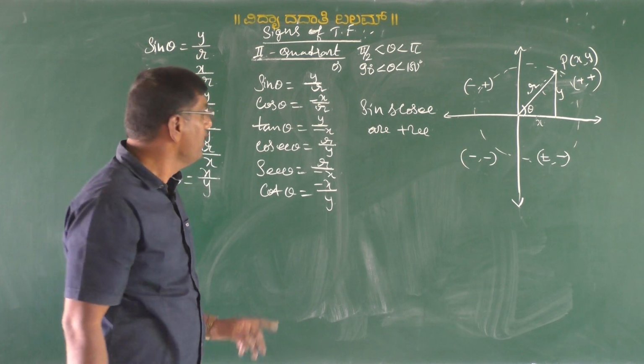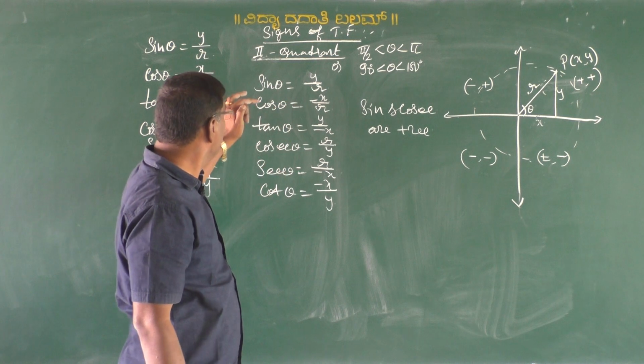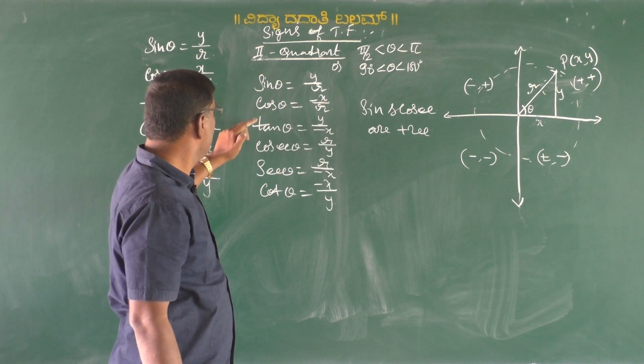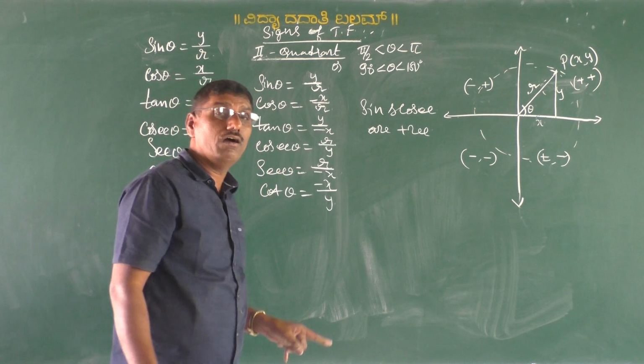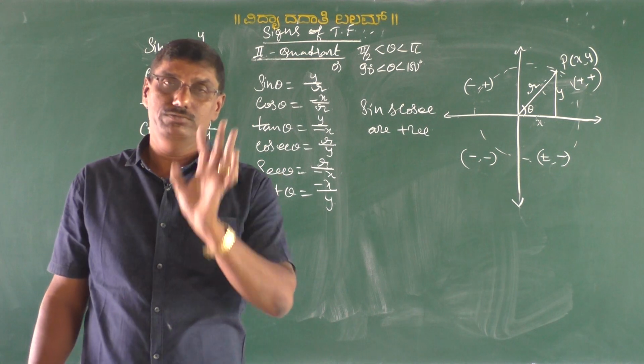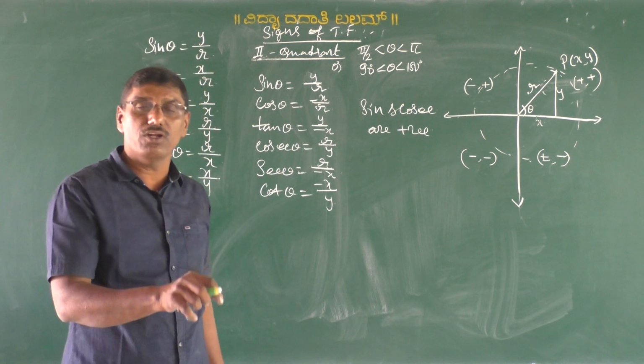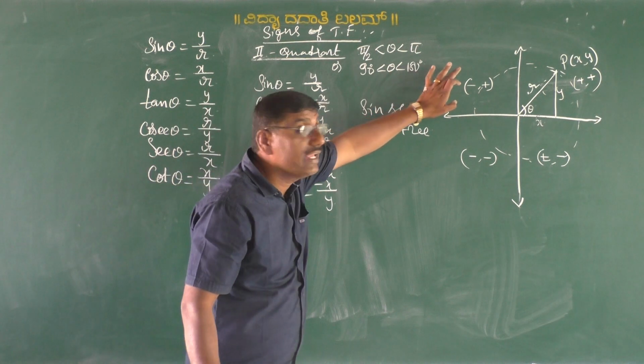Cos, tan, secant and cot are negative. That is the signs of trigonometric functions in the second